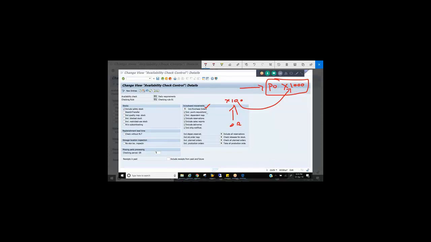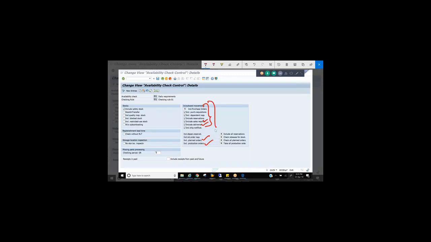So include purchase orders, purchase requisitions, include sales delivery. That means order created but not yet delivered, right? Even those. See, you take low priority customer orders. We create the order, we confirm the quantity, but we don't immediately deliver, right? What we do, we cancel the quantities and we can give them to the high priority customers. So in those open orders and open deliveries also, if you want to perform availability check, then include all these things. And what more, planned orders, production orders, right?